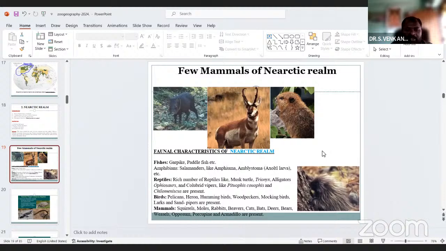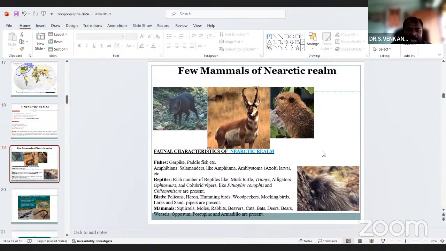The amphibians are salamanders like Amphiuma, Ambystoma, axolotl larva, etc. Reptiles: a rich number of reptiles like the musk turtle, alligators, and pit vipers are present.